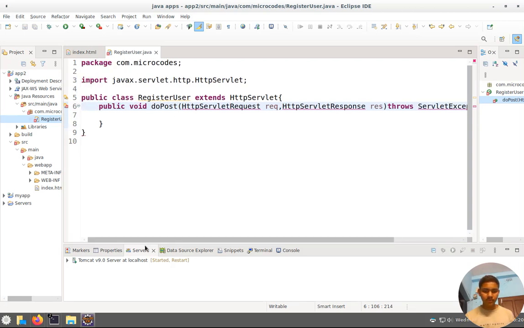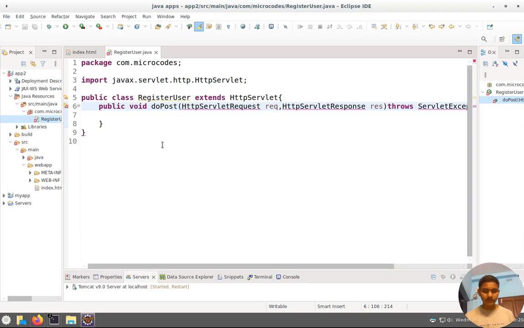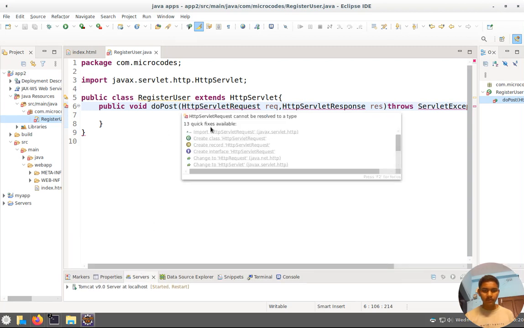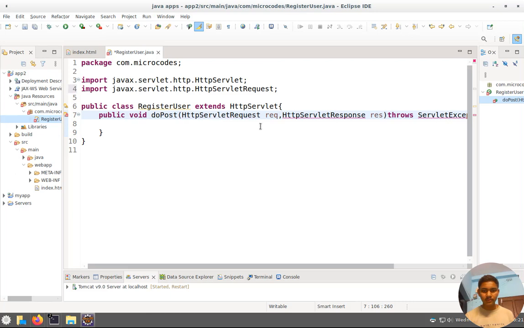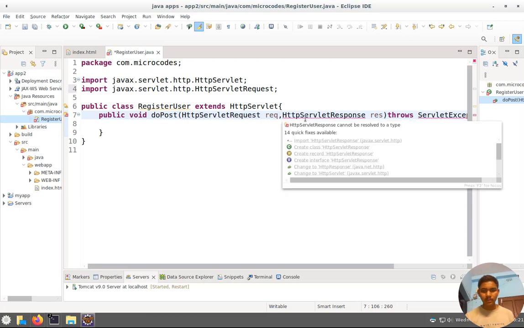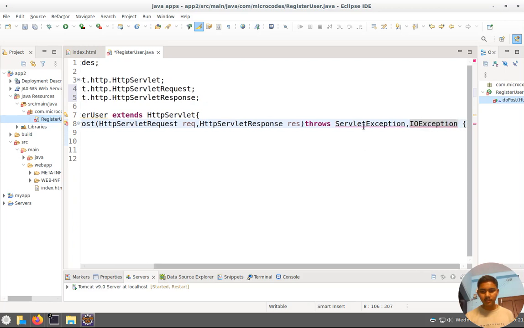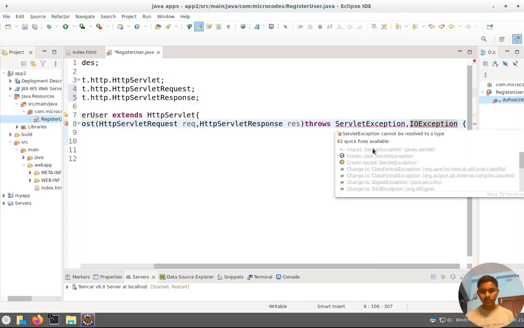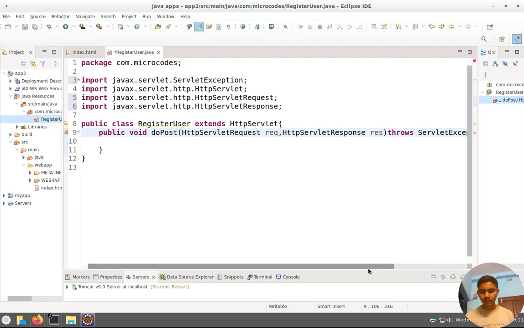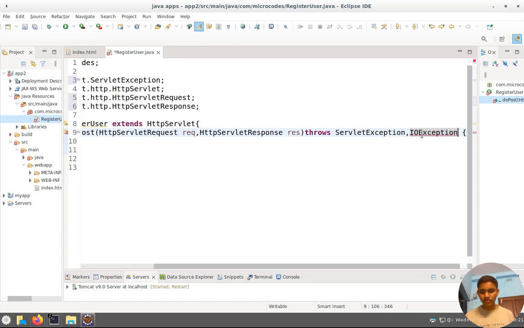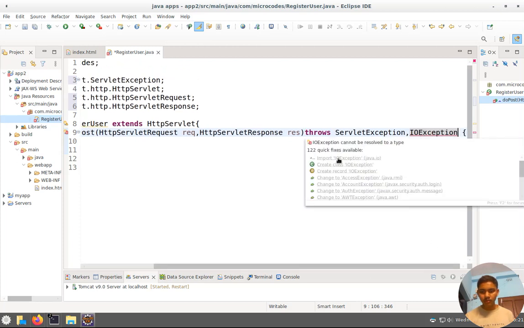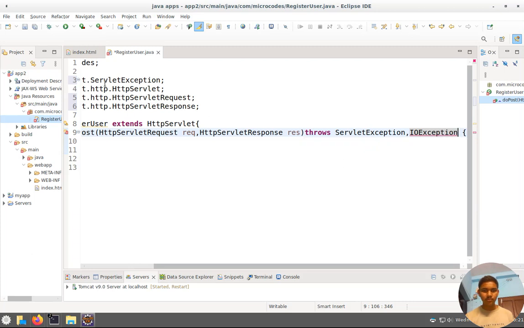Now it shows some error. Let's see what the errors are. If I hover over it, it shows to import the class, so I just import. It again asks me for import, so I import the class. It shows again to import the class, and I import the class. So if I save the file,